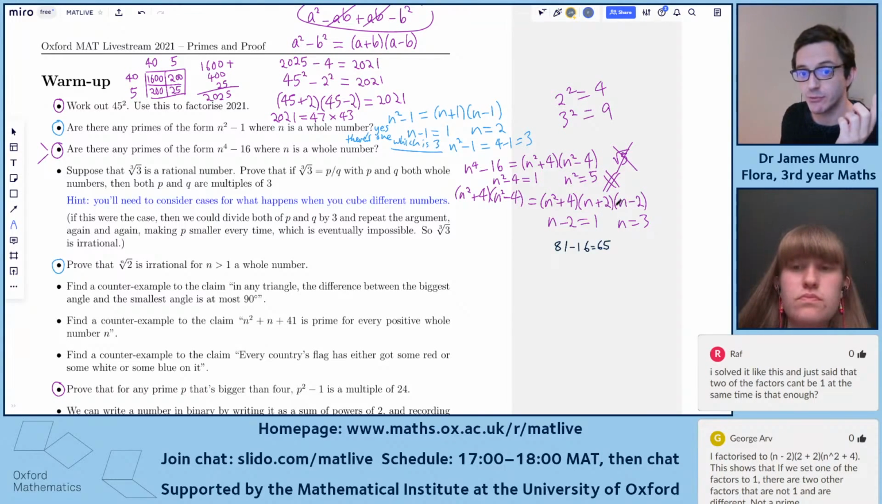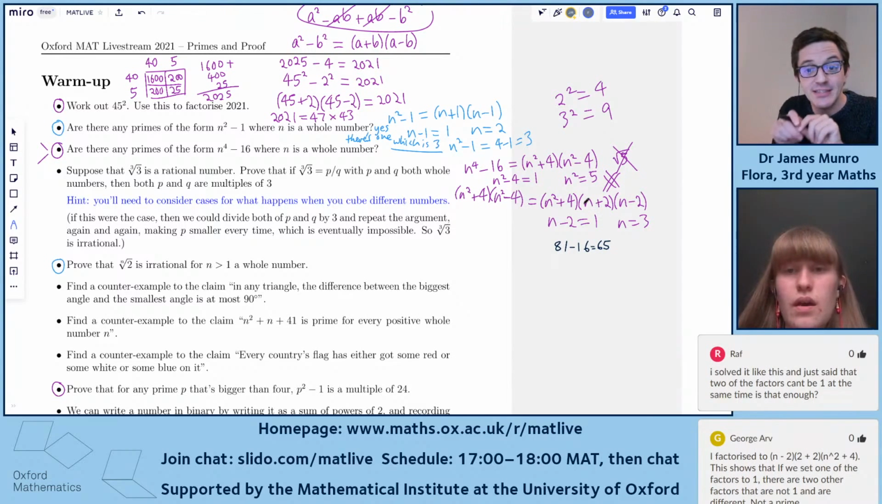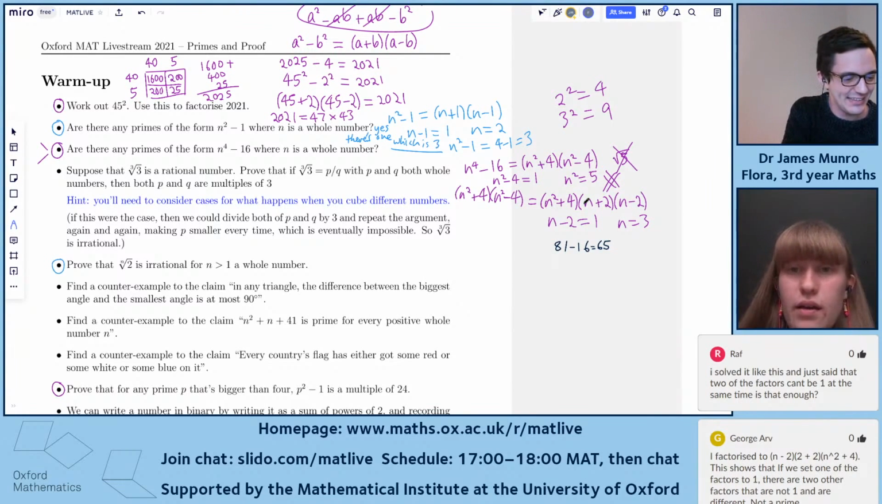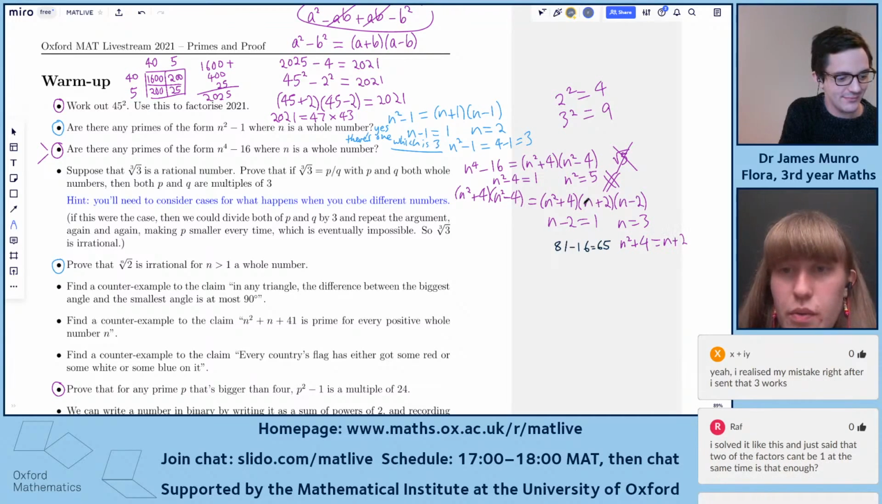I think this is where Flora's quadratic comes in, because is it obvious? We can have a debate, I guess. Is it obvious that if the first thing is 1 and also the second thing is 1, then that's impossible? They're different expressions. They could coincidentally be 1, even though they're different expressions. Except that is where the quadratic comes in. Because if you say n squared plus 4 equals n plus 2, then